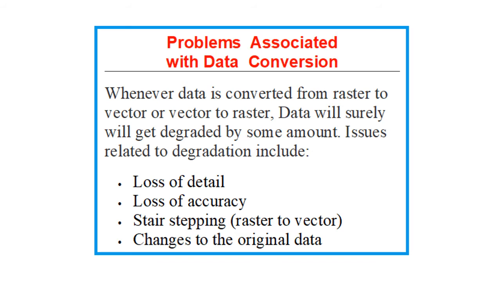Issues related to degradation include loss of detail. Whatever detail you have seen in the G sheet of Bahawalnagar or Islamabad, while we convert it into raster or vector, it's not easy. A lot of detail will be missed. So that's why